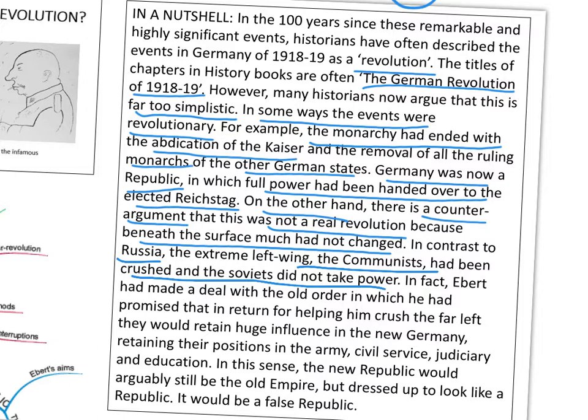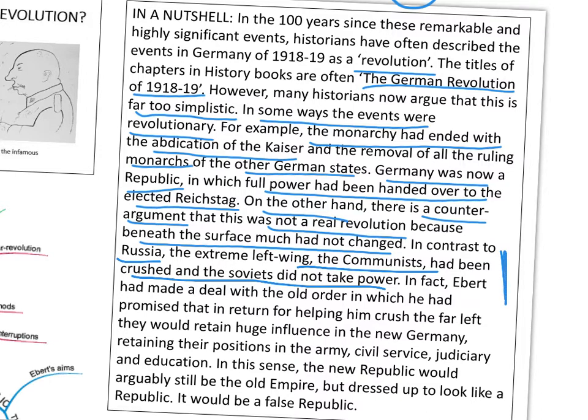Okay, so in Russia, the Soviets had taken power. The working classes had taken power. There was a change at every level of the pyramid. And effectively in Russia, the middle classes were eradicated. They were taken out of the equation. Full power was taken away from the middle classes and was given to the working classes. But in Germany,